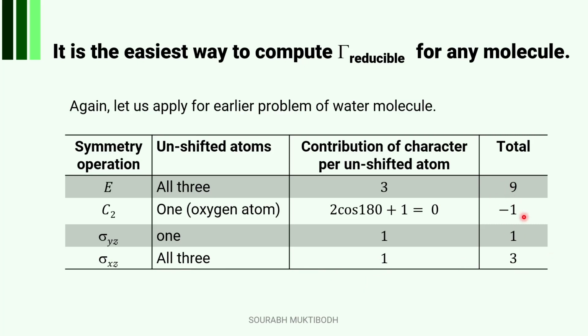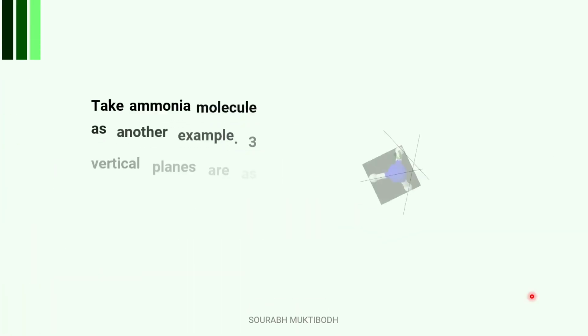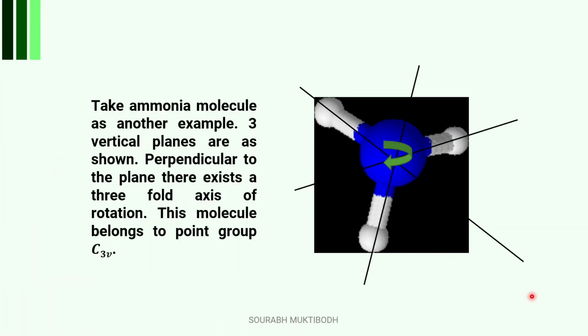So this is the same thing, 9 minus 1, 1 and 3. We get the same thing that we have done earlier, and we can further go with this kind of result. Take another example. In the case of the ammonia molecule, there are 3 vertical planes and a C3 rotational axis,